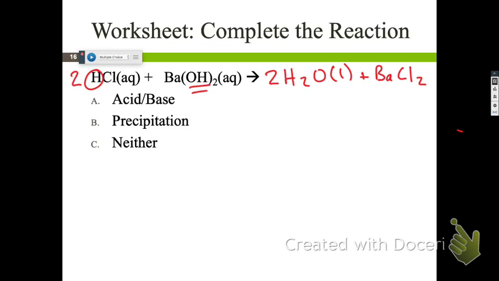Remember, when you're writing out your salts, you're always going to have your cation, the positive charge, before the negatively charged anion. You're going to want to think about what type of reaction it is first. If you don't think it's going to be a precipitation or an acid base, just write no reaction for today. There are some nuances to that you're going to see later.